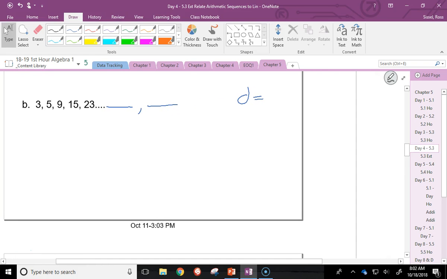3, 5, 9, 15, 23. Zoe? Oh, so I'm hearing you. Okay, why did you not think it is? Okay, so it kind of went off from the end. Rahab? I think it's 2, 4, 6,